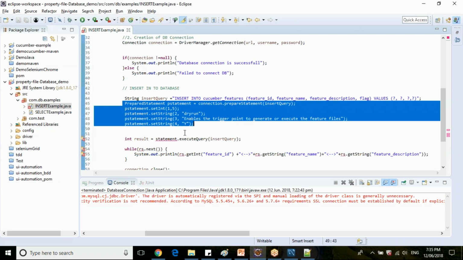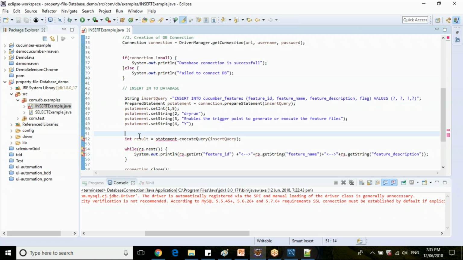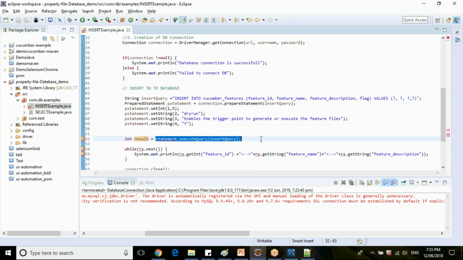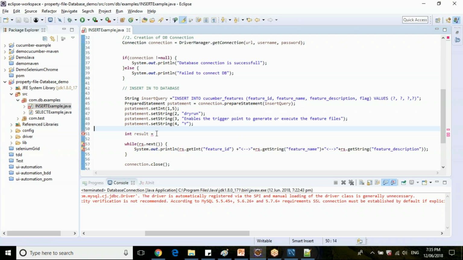You need to fire this query, and you need to handle the result in your result integer variable, whatever it is. Correct? So now we have created the prepared statement. Now use this prepared statement and execute the query.